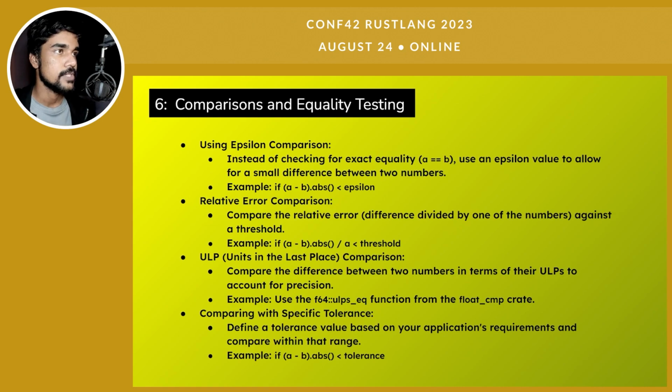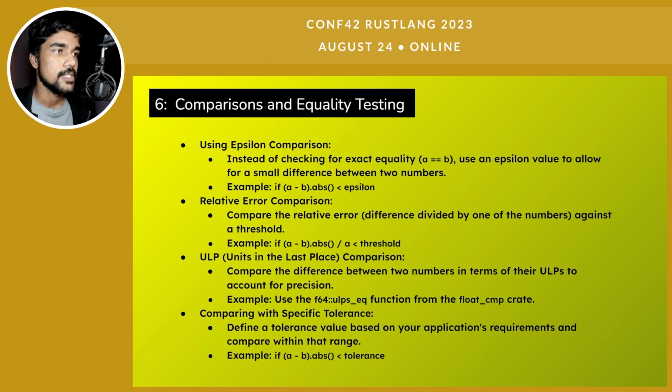Getting into more specifics, we saw that you can use epsilon-based comparison instead of using the equality operator in the first place. Another good technique is relative error comparison. This is very similar to the epsilon-based comparison, except the threshold of the comparison is something we decide as developers, with knowledge of the system, as to what acceptable range of error difference between the two numbers is fine.